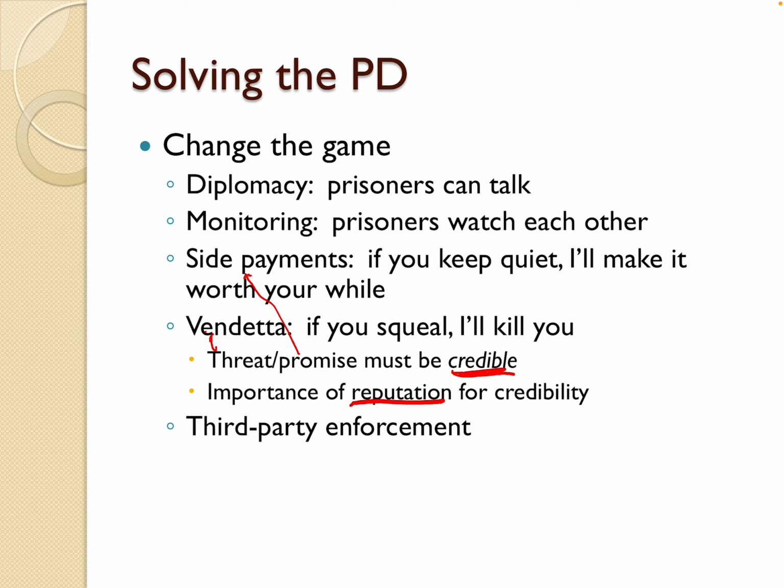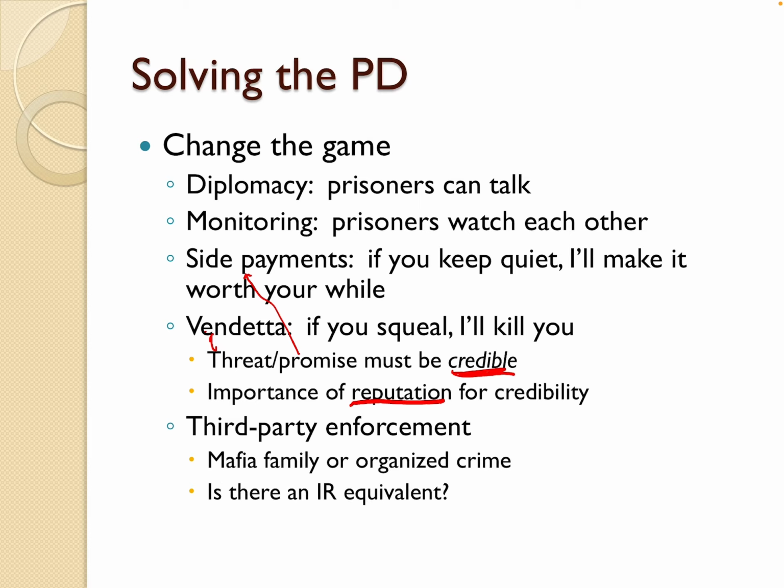With the prisoner's dilemma, it's an easy one, right? The two prisoners who are sitting here, what if they both belong to the mafia? Well, if they both belong to the mafia, they're probably not going to squeal. And the reason is because there is third-party enforcement. If I squeal on this guy and I get released, I walk outside of the jail and the mafia kills me. So I will cooperate with you and you'll cooperate with me because we know it's backed up by this third party, like a mafia family or organized crime.